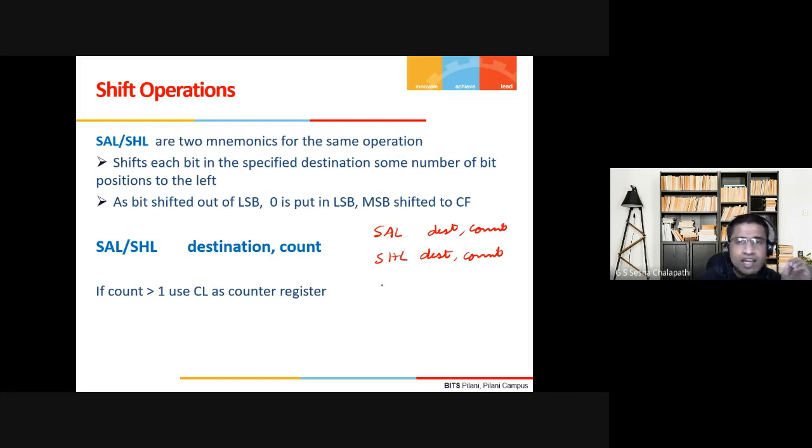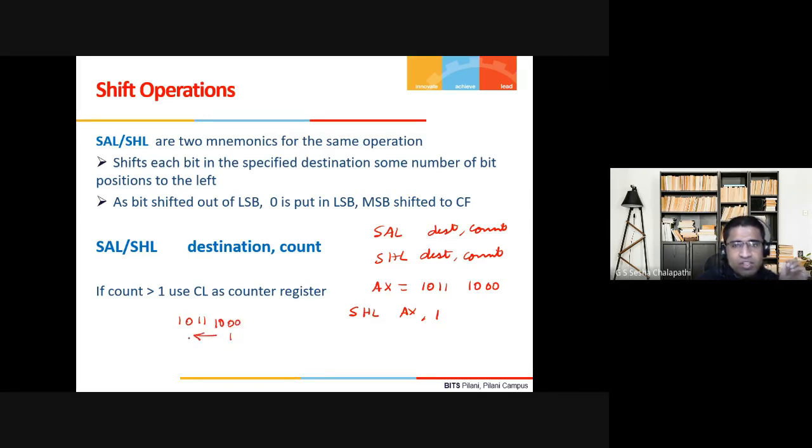Let us say that I have the destination, AX, equal to 1011 1000. If I say SHL, shift left, AX comma 1, what will happen is it will shift left by 1 bit.